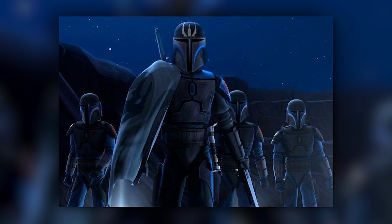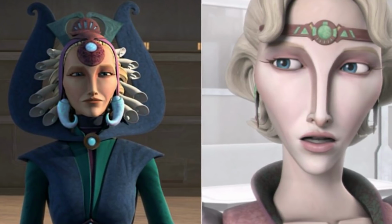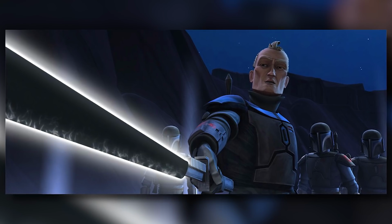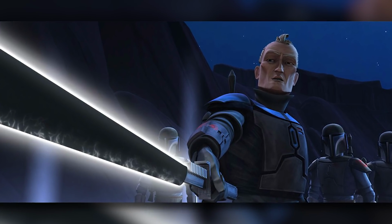Now, we also know the Darksaber would stay with House Vizsla until the Clone Wars came along. And it's in the Clone Wars series, Pre Vizsla rebelled against Satine Kryze, a female Mandalorian duchess who was the pacifist leader of the new Mandalorians and the planet Mandalore during this era, which of course would be the Clone Wars. Pre Vizsla would use the blade against many people throughout the Clone Wars, but most notably against Obi-Wan Kenobi